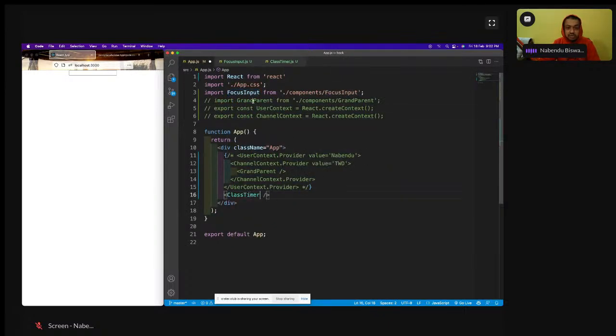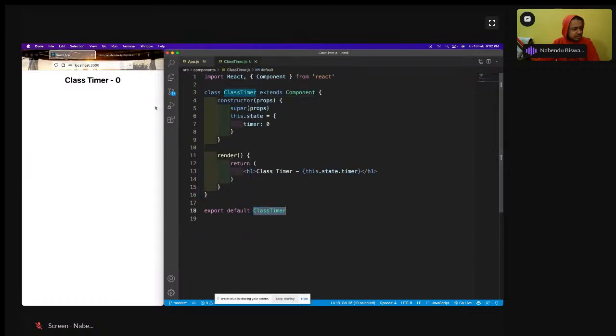So class timer is imported, and it is shown like this. I want to have a clock kind of a thing, which means it should update every 1 second. So how to do that? For doing that, we have to have a